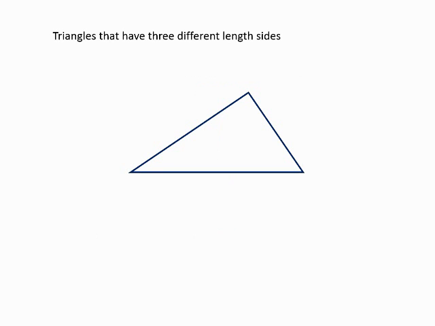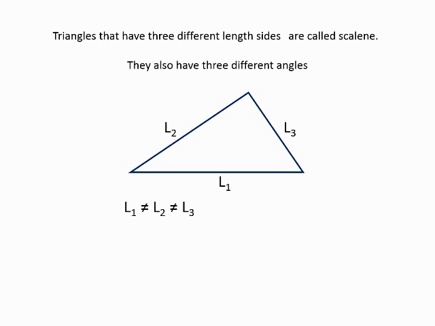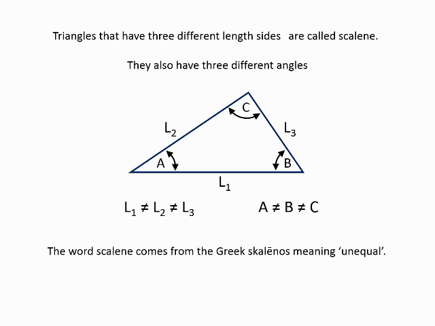Triangles that have 3 different length sides are called scalene. They also have 3 different angles. The word scalene comes from the Greek scalenos, meaning unequal. So if you are bewildered by trigonometry, and it all seems like Greek to you, then you are on the right track. And speaking of Greek, let's not forget our old friend Pythagoras and what he taught us about right